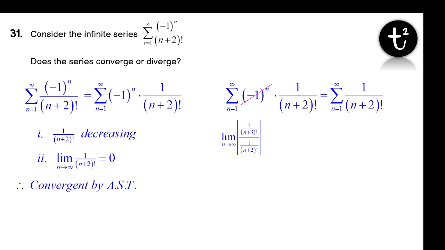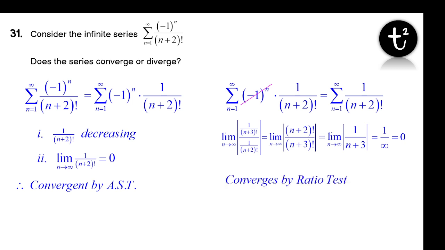the limit as n goes to infinity of 1 over n plus 3 factorial divided by 1 over n plus 2 factorial is going to be equal to the limit as n goes to infinity of n plus 2 factorial over n plus 3 factorial. I see here the limit as n goes to infinity of 1 over n plus 3 is going to be equal to 0. So this thing does converge by the ratio test, and therefore I know that the original